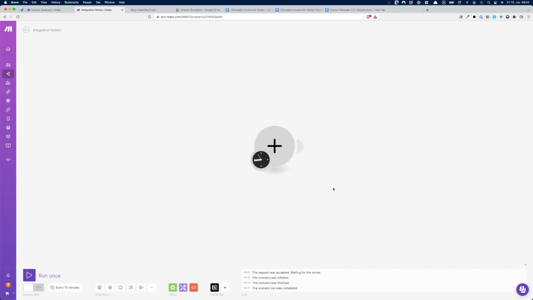Okay, so now we are about to build our automation in Make. If you don't have a Make account, there's also a link for that in the description, together with a tutorial that walks you through the beginner steps of Make, so that if you've never used it before, you know what I'm talking about. But for now, we are just going to create our scenario to connect the data in Notion